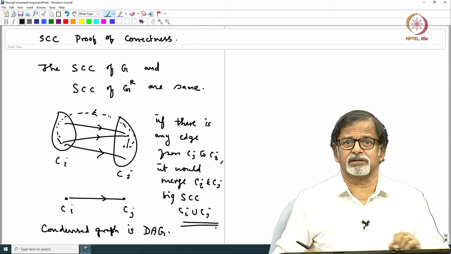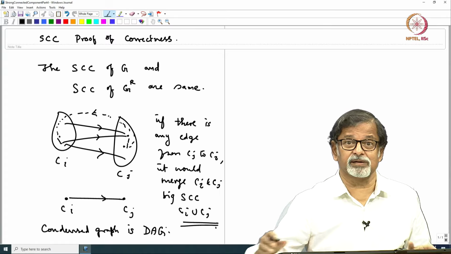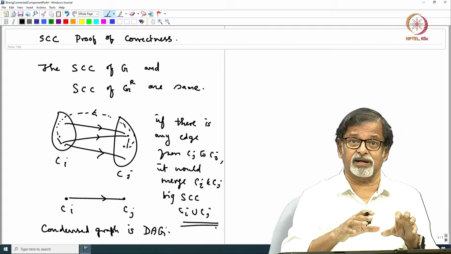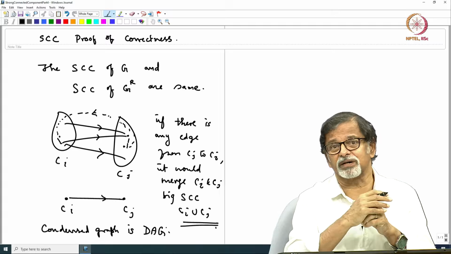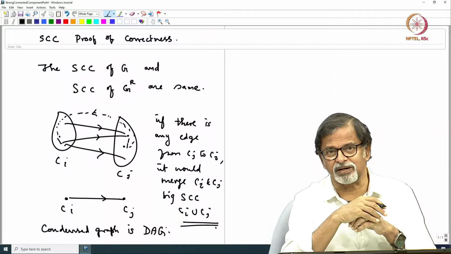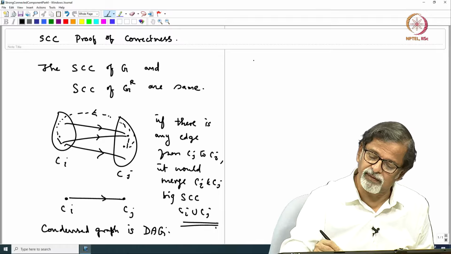Now let us derive one important property of the vertices in a connected component. We have to identify the vertices in a connected component. So let